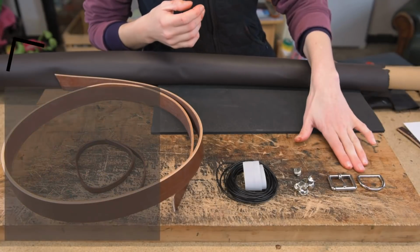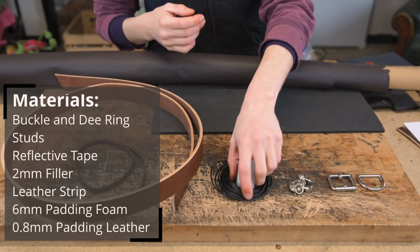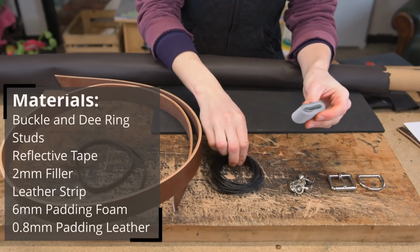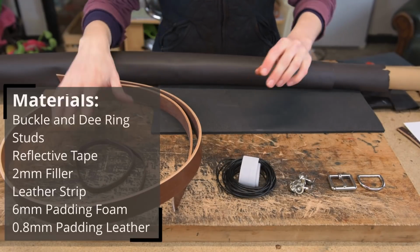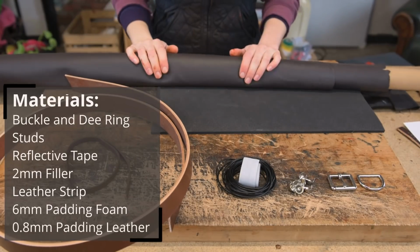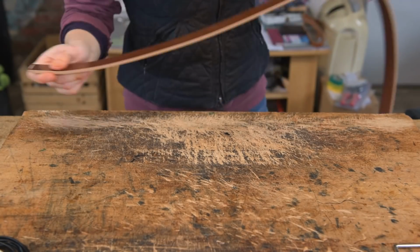So for this video you will need a D-ring and a buckle, some conical studs, a strip of reflective tape, a filler for that, I'm using a 2mm filler, a strip of leather, some leather looping, 6mm padding foam and some 0.8mm padding leather. So to get started we're going to find the best end of our leather and then